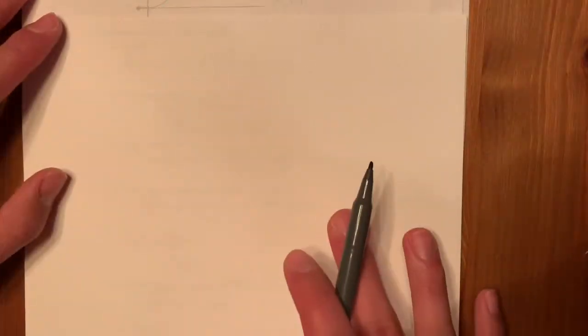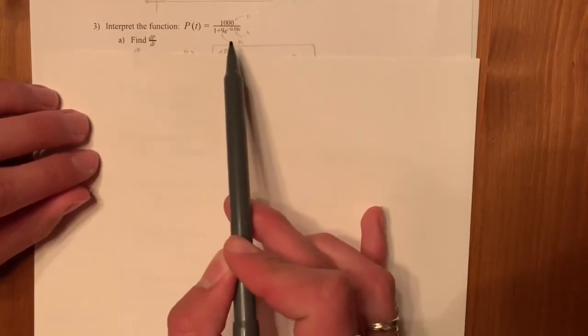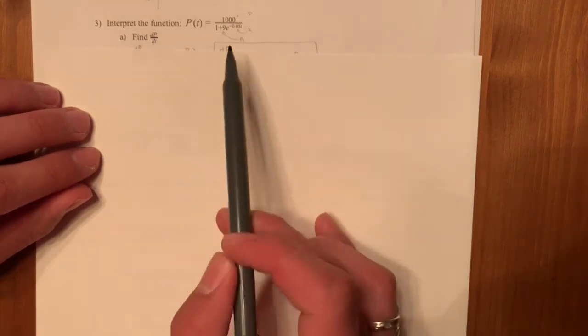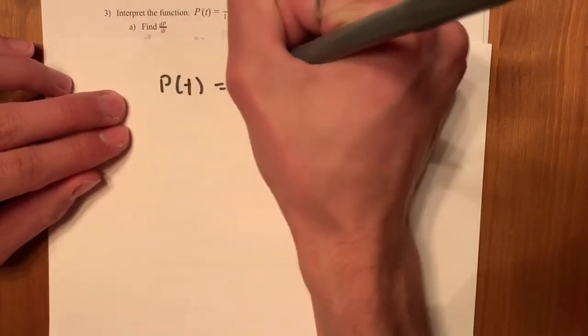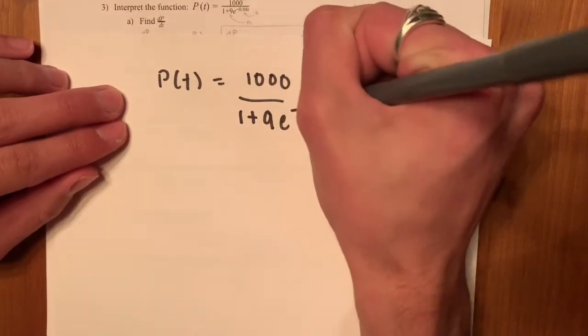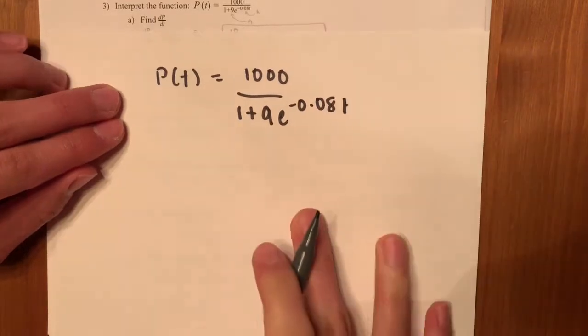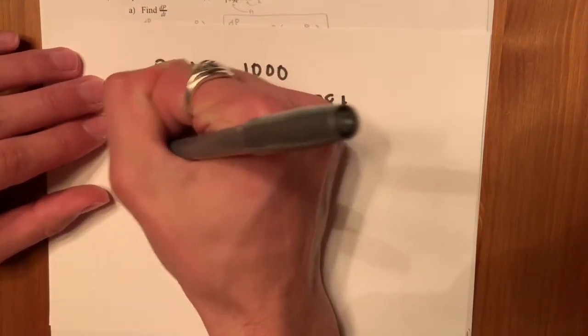All right, the next logistic problem we're going to go over is number 3, and it says: interpret the function P(t) equals 1,000 over 1 plus 9 times e to the power of negative 0.08 times t. So P(t) is equal to 1,000 over 1 plus 9e^(-0.08t). The first part asks us to find dP/dt,